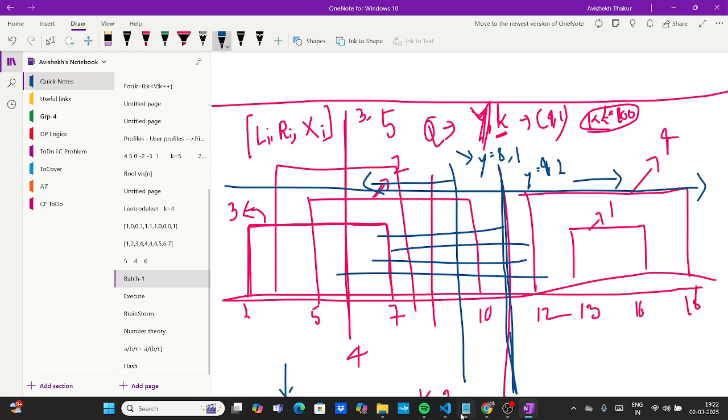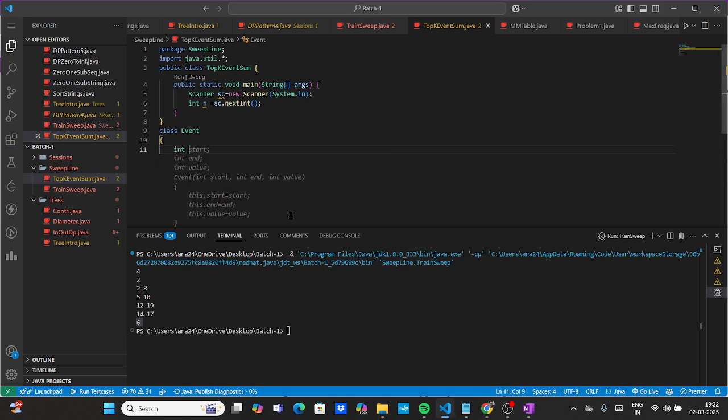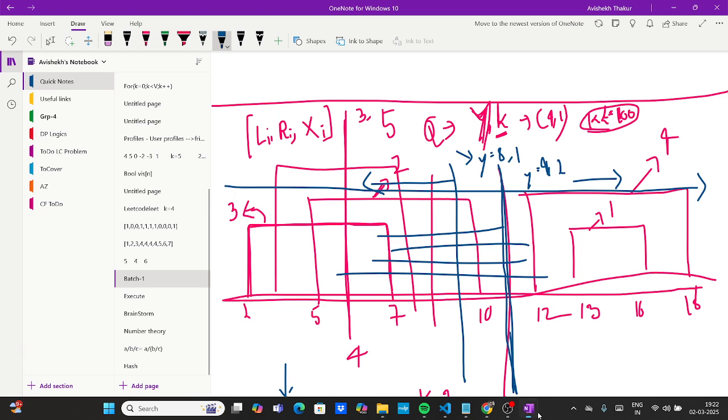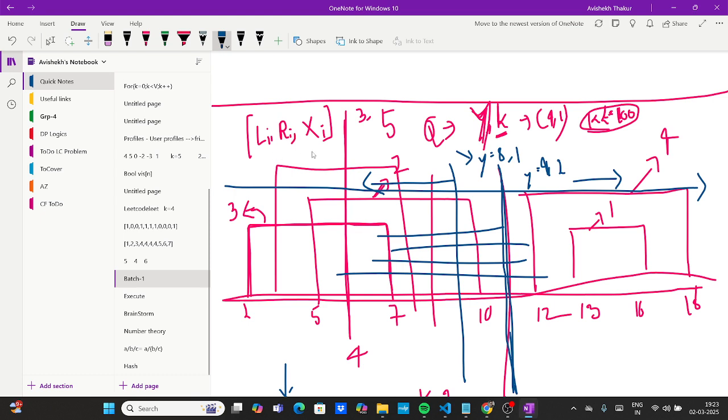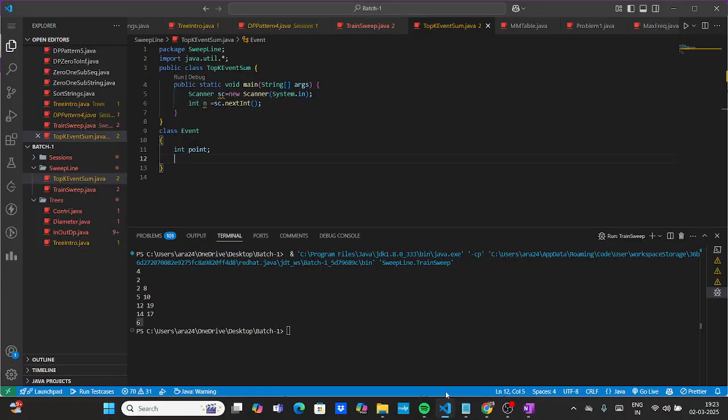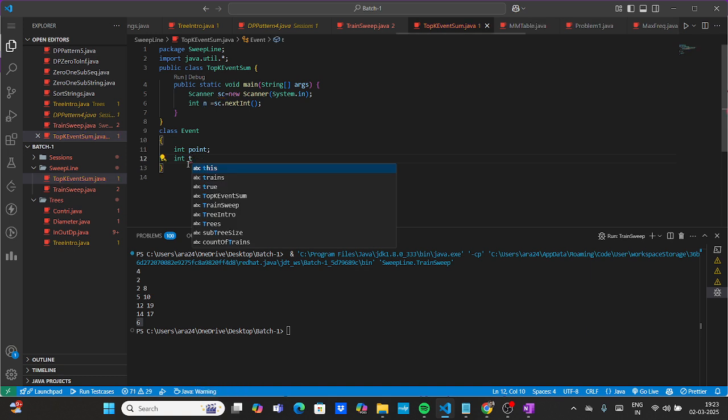Okay, so I'll let you know what I need. We should have valid names. Not start and end, because it is not only about Li, Ri and Xi. You remember I also told that we will keep this line also as an event. So int point, is it fine? Point 0, 1, 2. Int type is